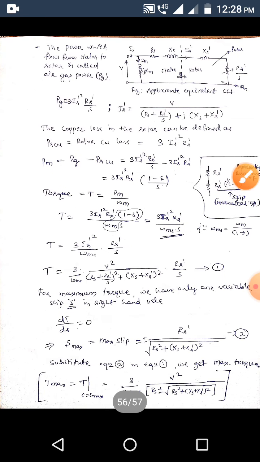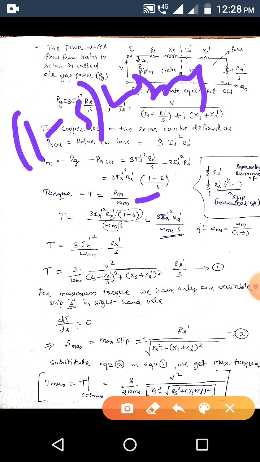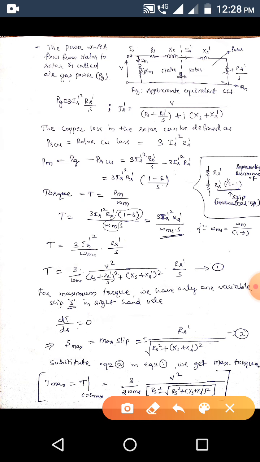So then substitute the omega m here, omega m is nothing but (1 minus s) into omega ms. Okay, so that part we have considered here,